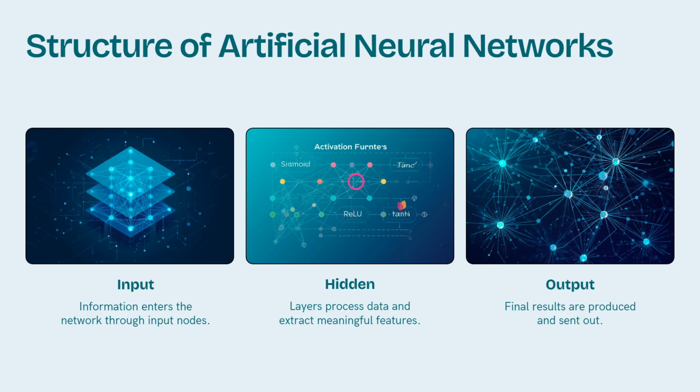Second one, the most important, is the hidden layer. This is where learning happens. Hidden layers are like a secret room where data gets transformed. Each layer extracts something useful. One layer detects the edges, another layer detects shapes, next layer detects patterns, and the final layer understands the complete object. Imagine teaching someone to draw. They first draw the simple line, then shape, then details, and finally draw the full picture. Hidden layers do exactly this, step by step, in machine learning.